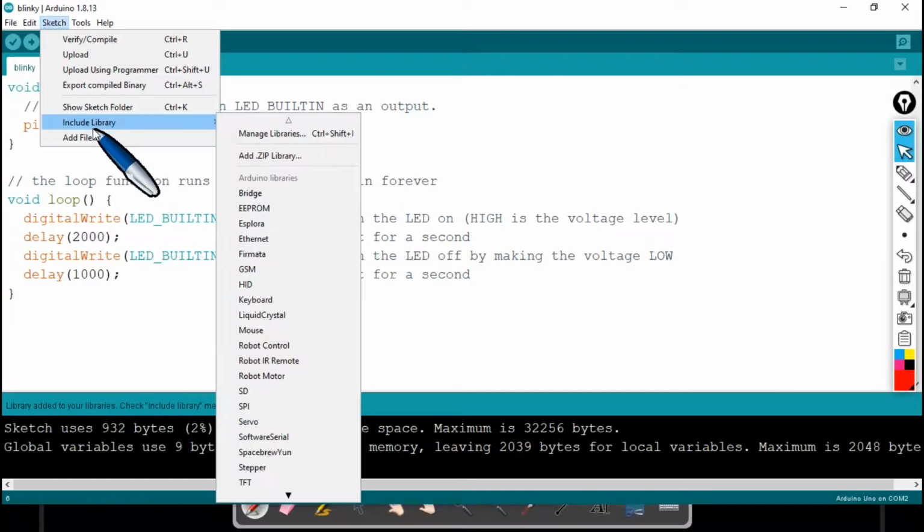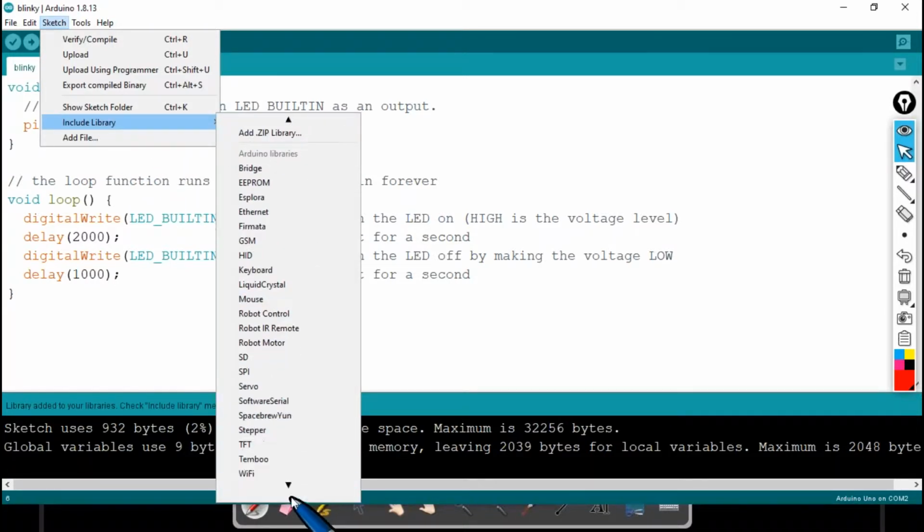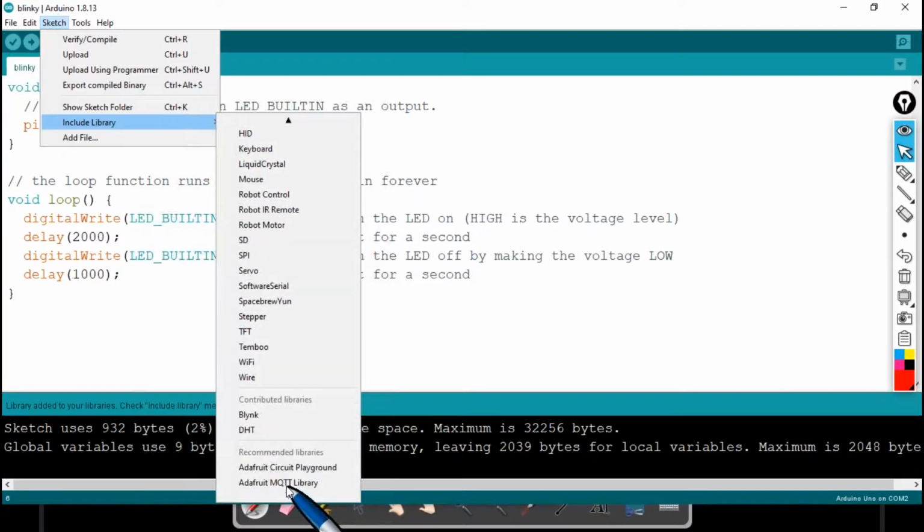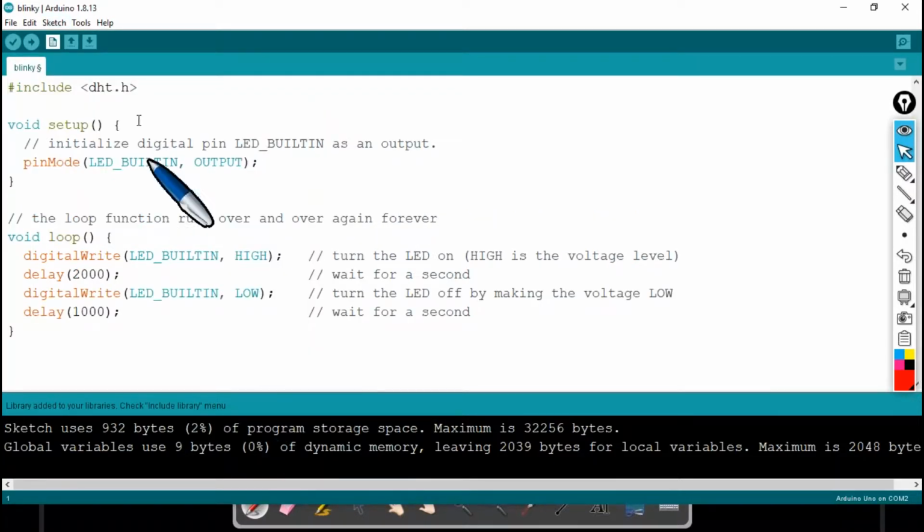All I got to do is, again, hit on Sketch, Include Library, and go down with this button. I can see here contributed libraries, specifically under which I can find DHT. By hitting on that, I can see that as an include within brackets, I have this header file.